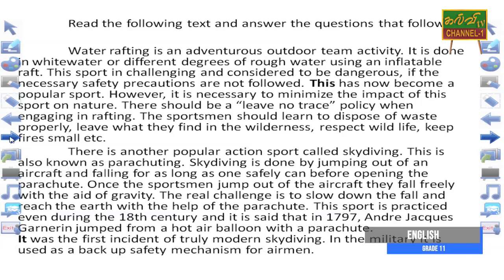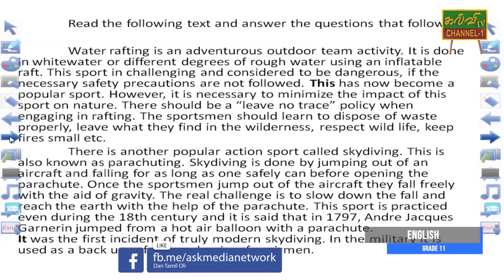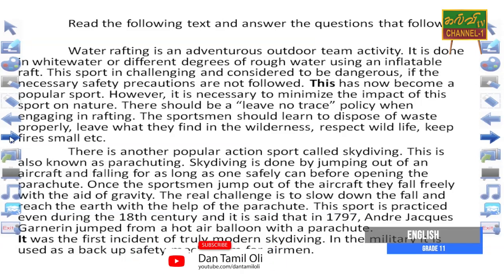Water rafting is an adventurous outdoor team activity. It is done in white water or different degrees of rough water using an inflatable raft. This sport is challenging and considered to be dangerous if the necessary safety precautions are not followed. This has now become a popular sport. However, it is necessary to minimize the impact of the sport on nature. There should be a leave no trace policy when engaging in rafting. The sportsmen should learn to dispose of waste properly, leave what they find in the wilderness, respect wildlife, keep fire